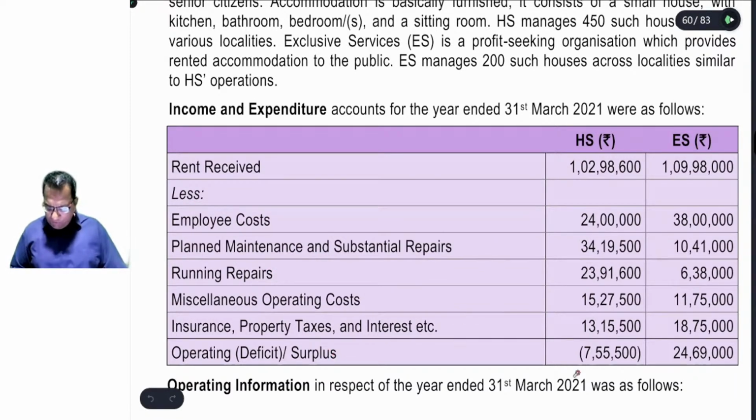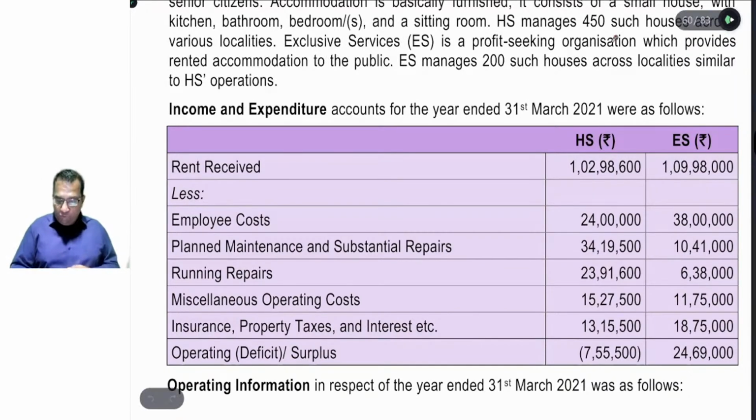Will a not-for-profit organization have to incur a loss? No way. If you are a not-for-profit organization, it doesn't mean that whatever income statement you prepare must show a deficit. No, it can show no loss, no profit. It can even show a reasonable amount of profit so that it can be used towards our objective of expansion. While the competitor is earning 24 lakh 69,000. Just see the difference.